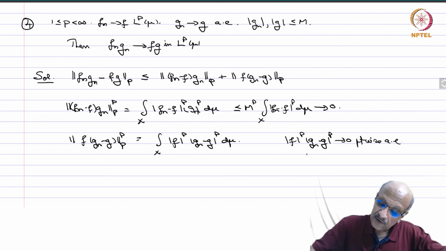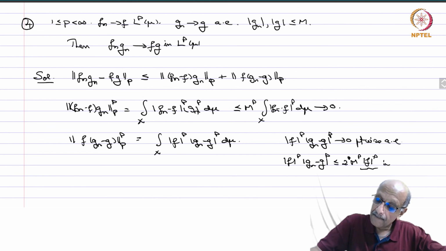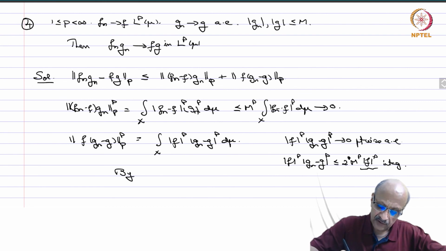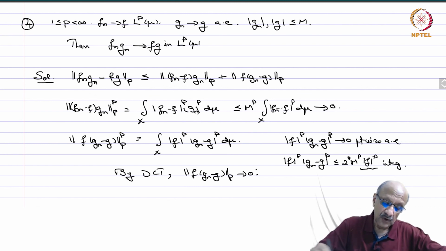Also, it is less than or equal to 2 power p M power p mod f power p, and this is integrable. Therefore, by the dominated convergence theorem, we have the norm of f times Gn minus g in LP goes to 0. So each term goes to 0, so Fn Gn also goes to fg in LP. We have shown that this goes to 0, we have shown that this also goes to 0, and therefore